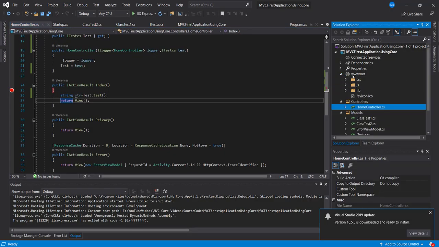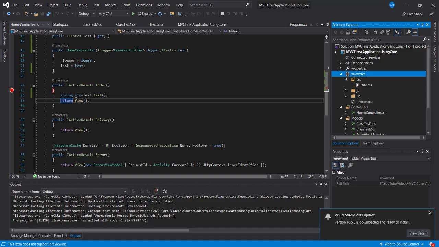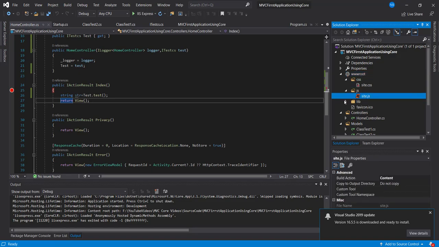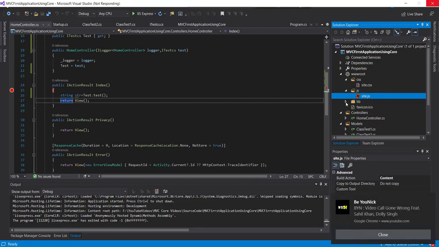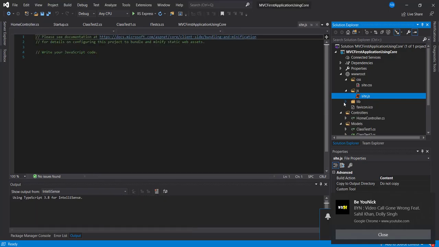You can see that the wwwroot, which is served by the static files middleware, consists of site.css, JS, and the library files. We will talk about how to add these libraries, Bootstrap, in the upcoming video. You can see that Bootstrap, jQuery validation, and jQuery validation unobtrusive are available. We'll talk in more detail about why jQuery validation and validation unobtrusive are required, and also show you how to include these particular library files in the upcoming video.